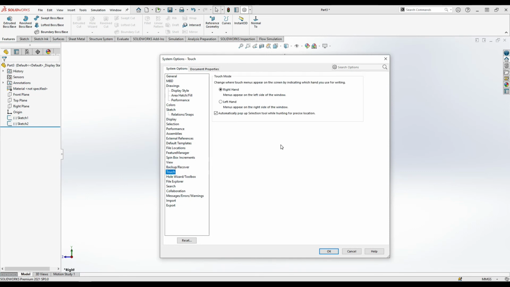Touch: in this touch option you can see right hand, left hand. Right hand mouse menus appear on the left side of the window, and left hand mouse menus appear on the right. So these are for when you click something, right click or something.